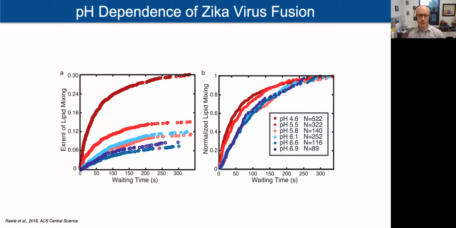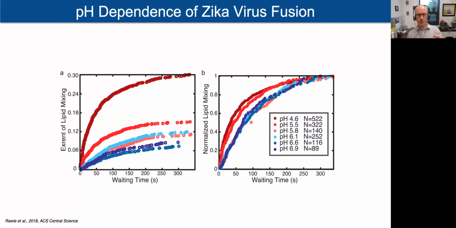The main thing to observe here is that as we decrease the pH, as it gets more acidic, we get an increased final extent of fusion. So more viruses fuse as we lower the pH. And this occurs in the absence of proteases or any other cofactors. So it directly answers our first question: pH is sufficient to trigger the virus for fusion, and it occurs across this pH range. So that was super exciting.